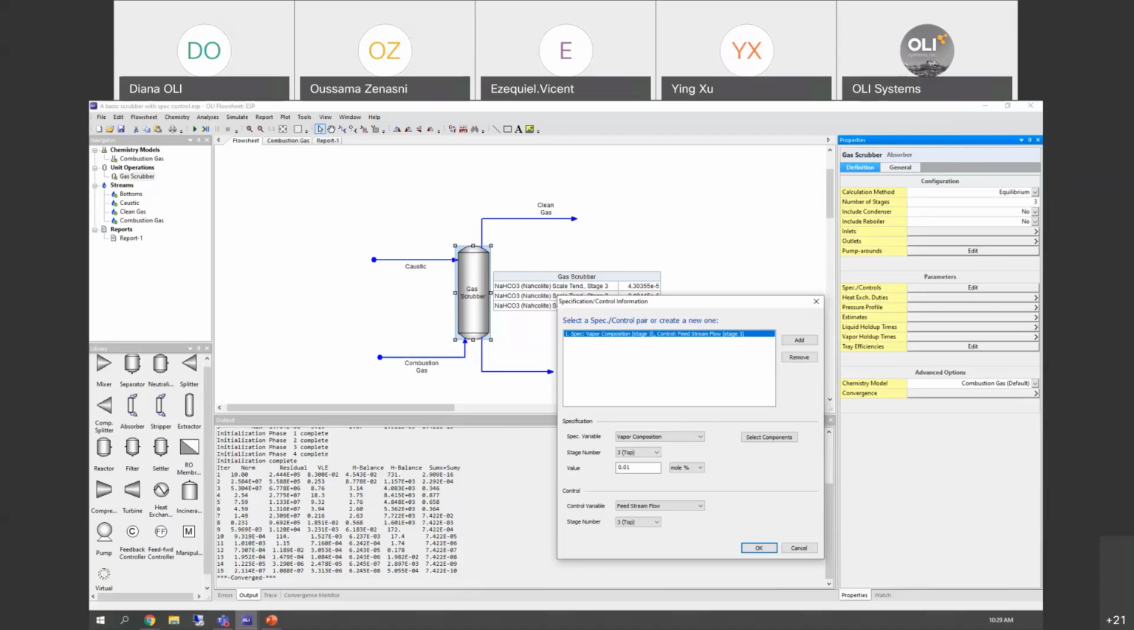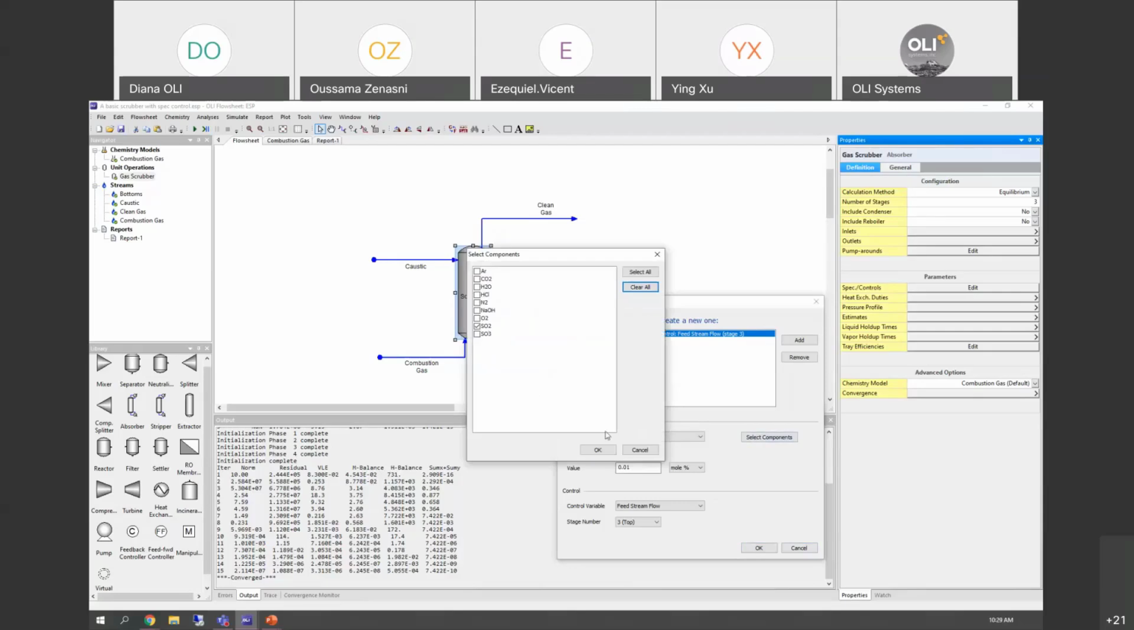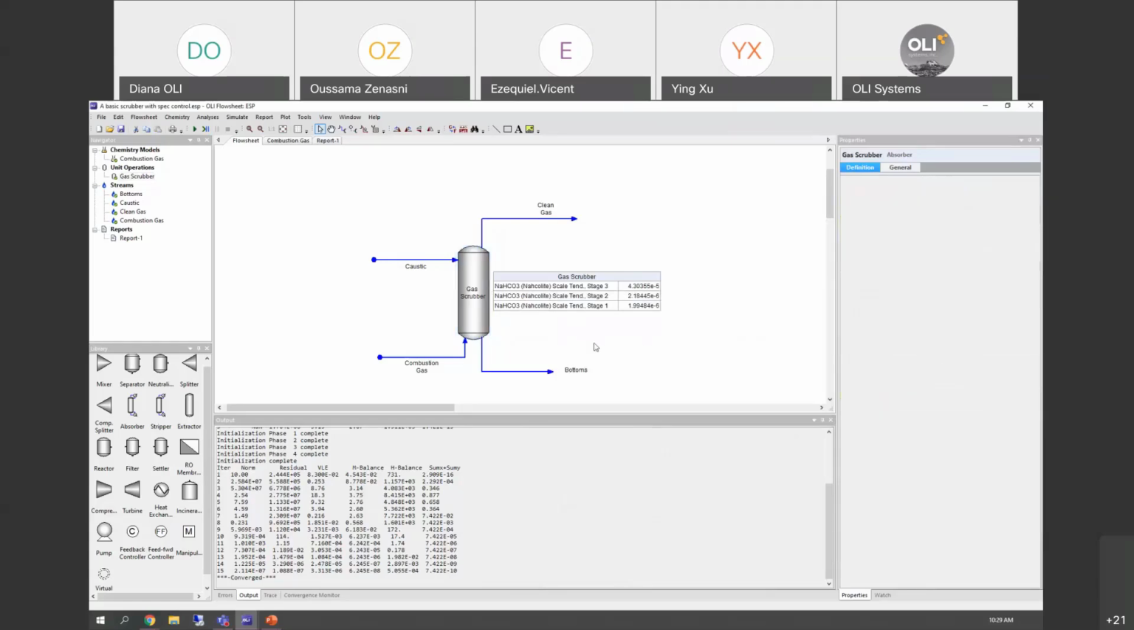Converged. Perfect. That's great. I wonder what it was. Okay, great. Somehow it was not selected. Yeah, the SO2 wasn't selected here. Okay, that's good. Thank you. Perfect. So let's save this. And